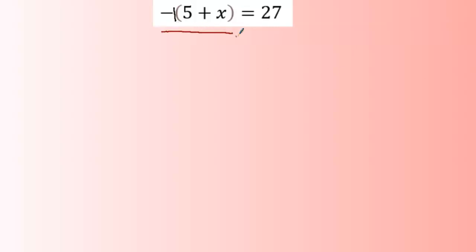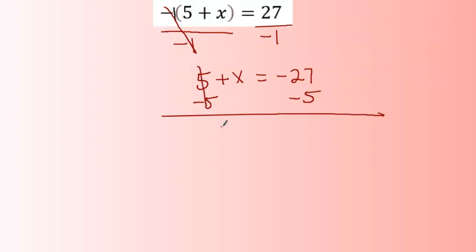We could divide here by -1, and we have to repeat. Whatever we do, we have to repeat on the other side because we don't want to change the question. And then this will go away, leaving us with 5 plus x. And because it's divided by -1, it would have been -27. And finally, we subtract 5 here, subtract 5 here. This 10 into 0, or cancels away as you guys said, and here would have been